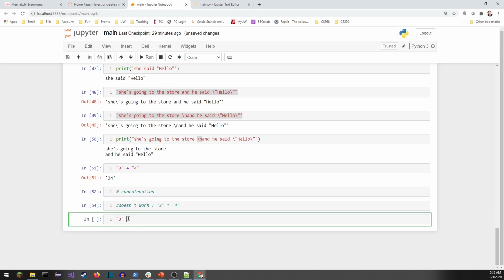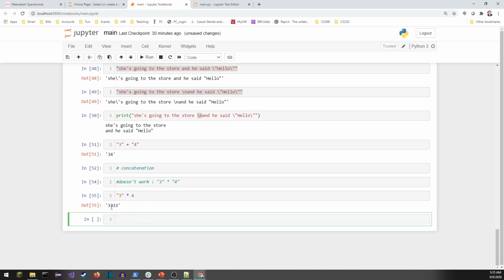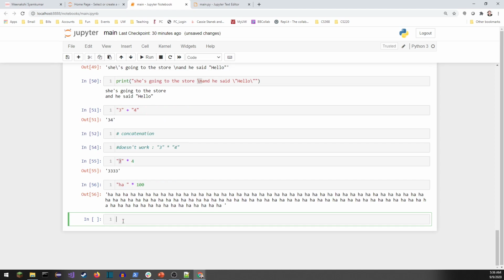All right, what about 3 times 4? Now I've made a little change here. Up here, the 3 was in quotes and the 4 was in quotes, so I had two pieces of text. Now here I've got text times a number. So let's run this one, and we see that this actually does work. What it's done is take the text, the number 3 here, and concatenate it to itself 4 times. So I have 3, 3, 3, 3. This is going to be a lot of fun. I really love this example. If we just take the string "ha " with a space after it, times 100, it's really easy in Python